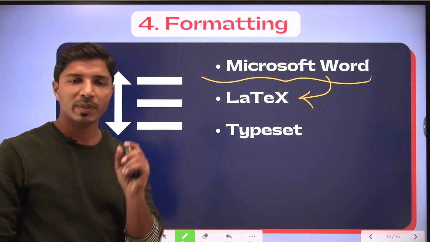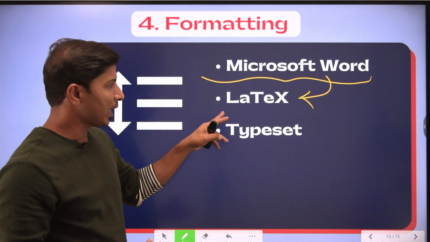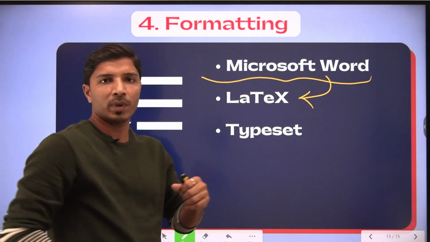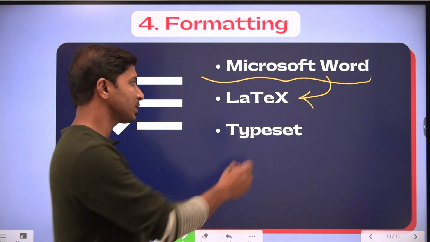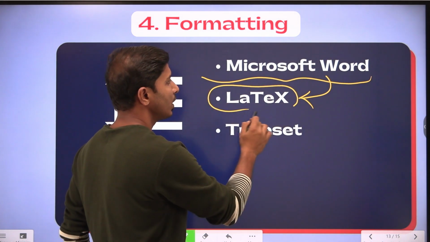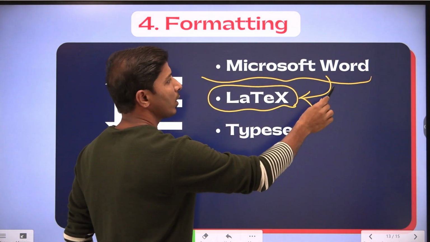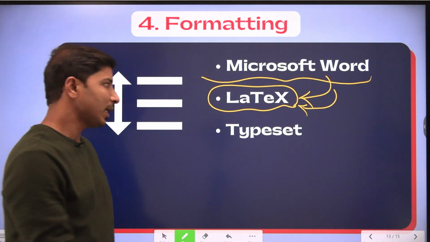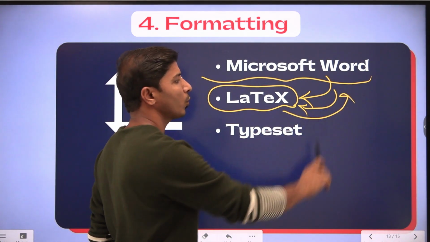LaTeX is basically a programming-based language where with the help of some programs you can format your document. On the other side, by using some standard templates, you can simply convert your Microsoft Word document into LaTeX format, and then from LaTeX back to Microsoft Word format.